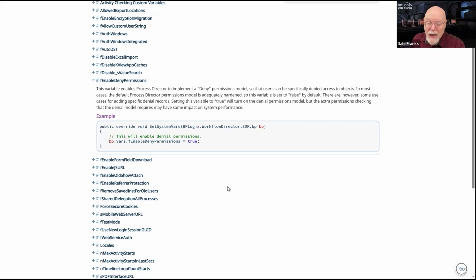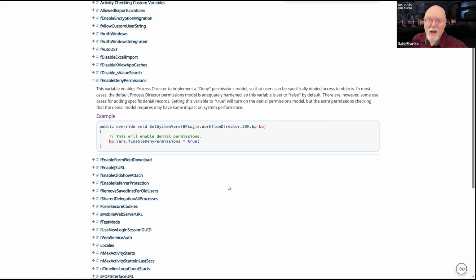Those are pretty edge use cases. You don't need them very often. Normal permissions generally work for everything that you need to use on a day-to-day basis. So you don't want to enable deny permissions, because even if you don't have any deny permissions set, there's an entire process that has to be gone through every time an object opens to check all of the denial permissions that might exist anywhere in the system to see if one of those denial permissions applies to that object.